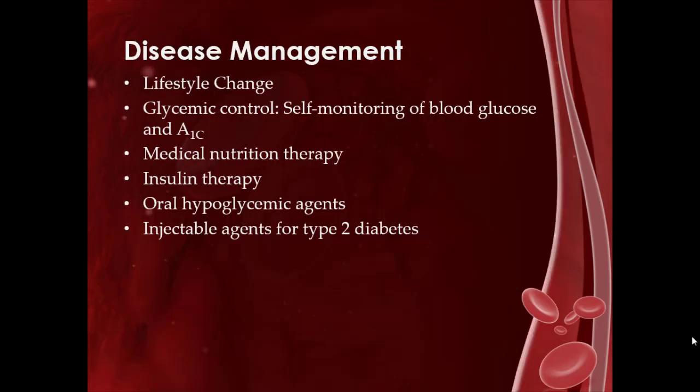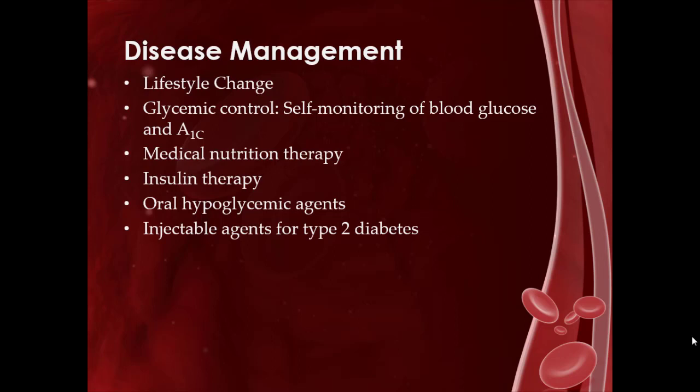Disease management. One of the most important things a diabetic patient can do is to monitor their glycemic control at home. The over-the-counter glucometers are relatively inexpensive and very simple to use. Diabetic care is very individualized, so how often a patient needs to do this throughout the day would depend on the recommendations made by their physician. We do take